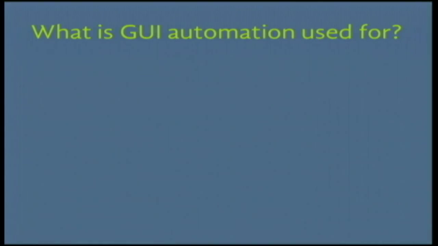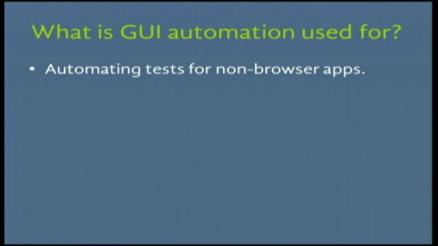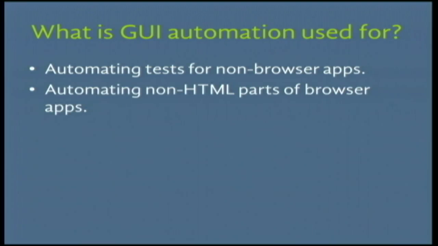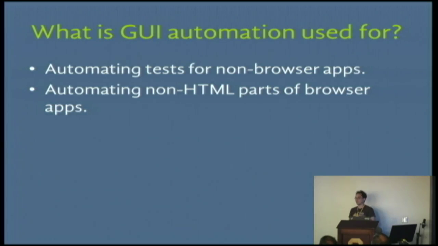So, what is GUI automation used for? Probably should have had this slide at the very top, but with Selenium, you can automate your browser and any web apps. But with GUI automation, now that you're controlling the keyboard and mouse, you can automate any type of app. Not only that, GUI automation is also nice for automating web apps themselves, because you might have an HTML5 canvas, which just draws random things in your web browser. There's no HTML elements